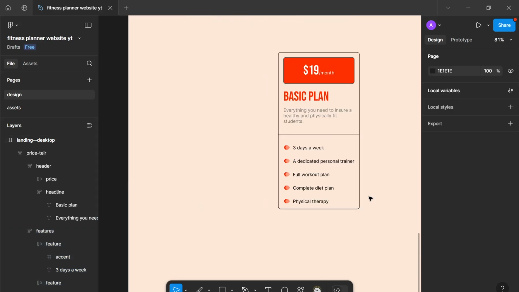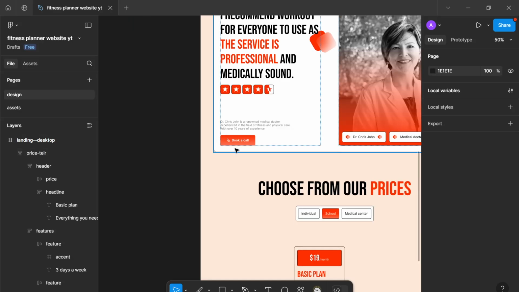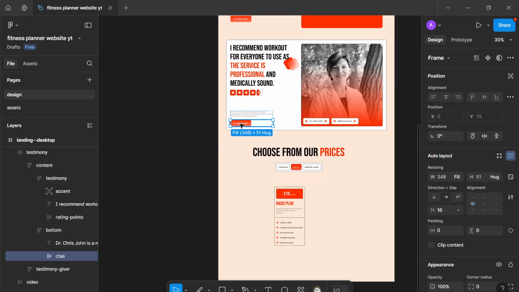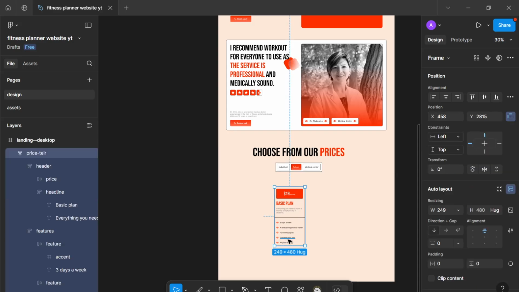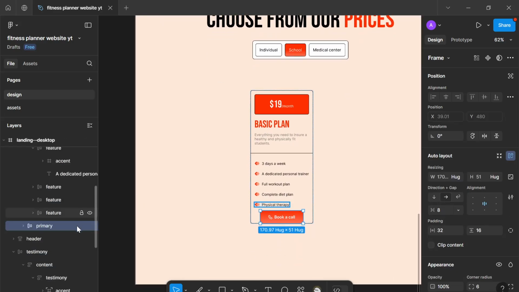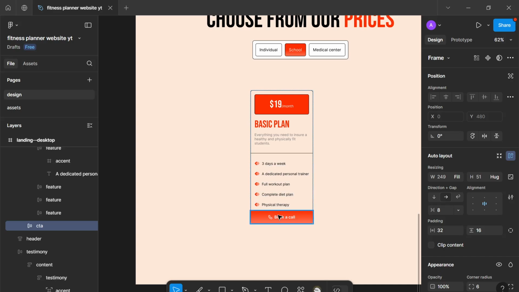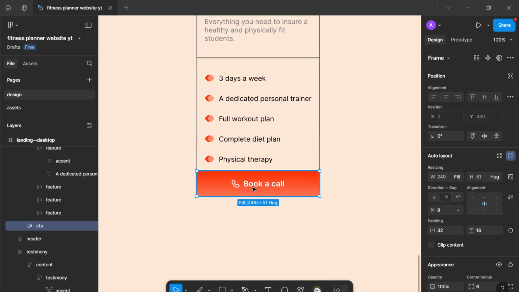Yeah, that works. So one last thing, a thing I forgot actually, is we need a call to action. And very simply, we can use this call to action provided to us here. Okay, we can just copy this primary call to action. We can paste it here, rename it to CTA. We want this to fill the container. And yeah, okay, so